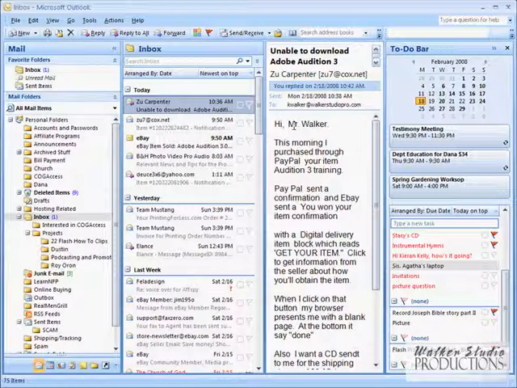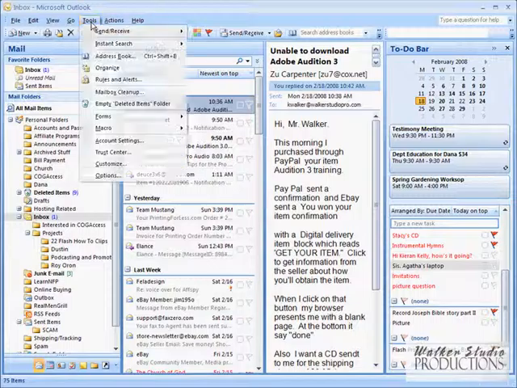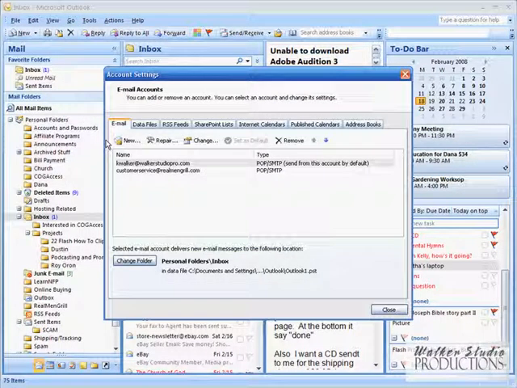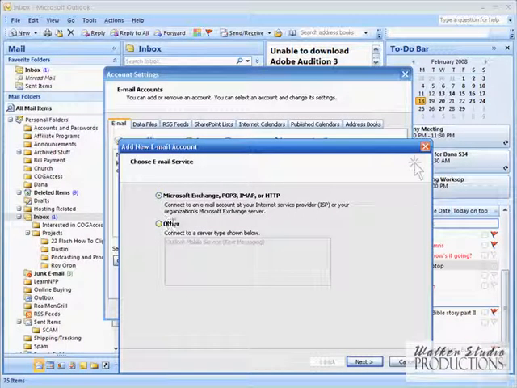So let's say you're using Outlook and you've got several different email addresses that you'd really like to use Outlook with. When you first start Outlook, it usually walks you through a wizard to create your main email account. But here's how you add other ones. Go to Tools, Account Settings, and then on the Email tab here, just click New,